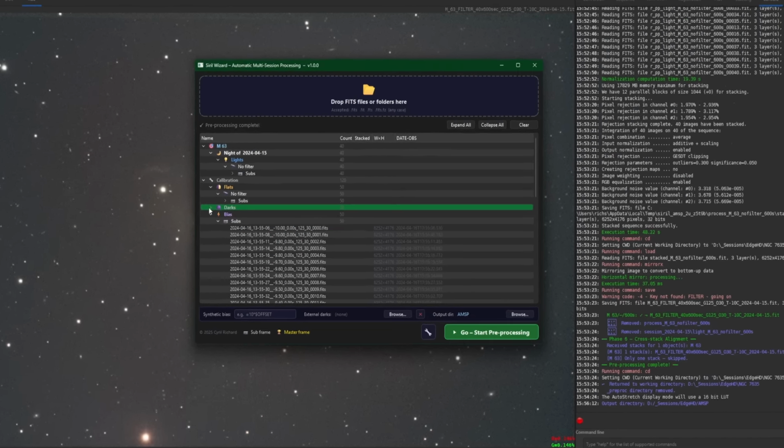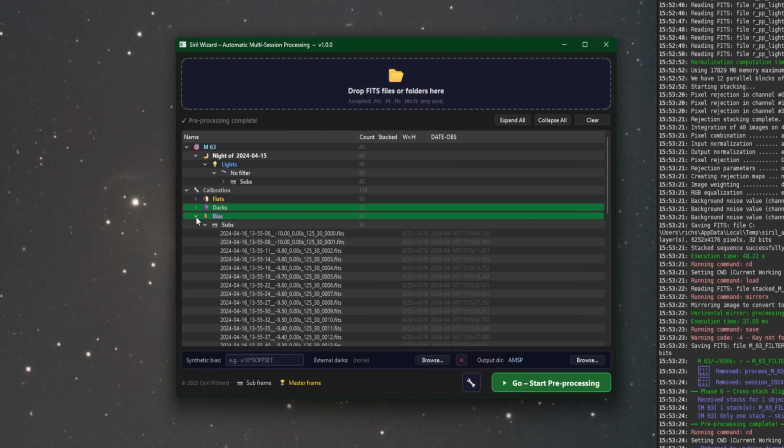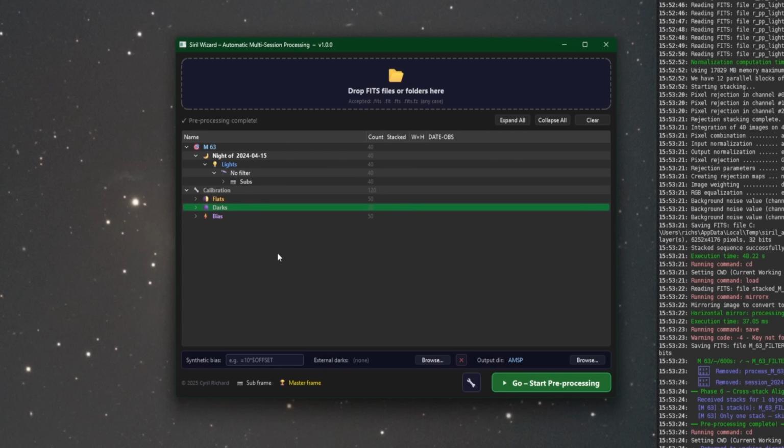So I am going to collapse my calibration frames just so we can see what's going on. And I'm going to leave M63 in place. Another thing worth noting is, if I just shot lights, for example, if I was using my C-Star, then I would just drag my lights in and it would work. It doesn't require calibration frames. Obviously, it uses them if you provide them, but if I didn't provide flats, darks, or biases, or any combination of the three, it'll move through and stack the image for you